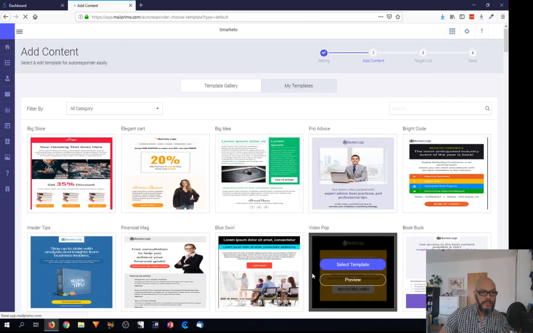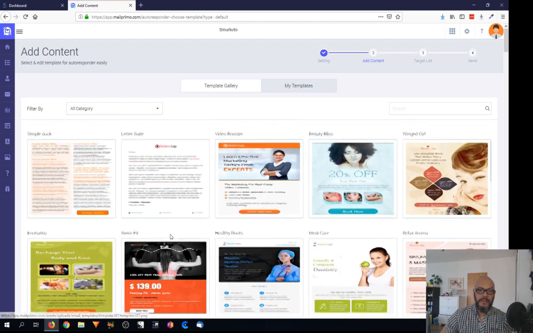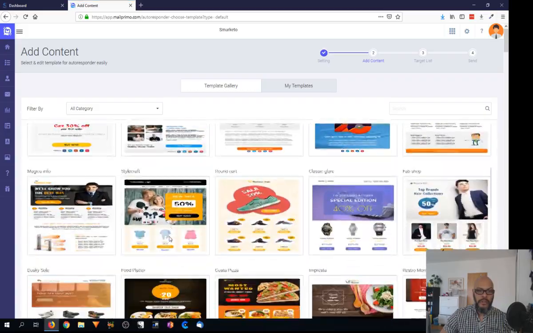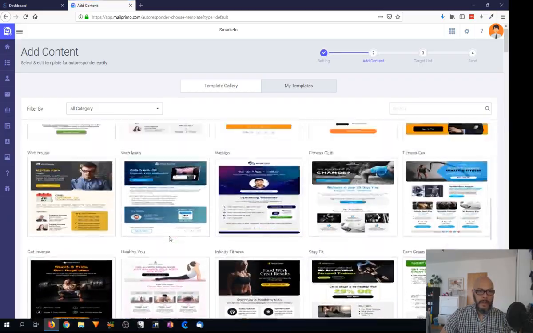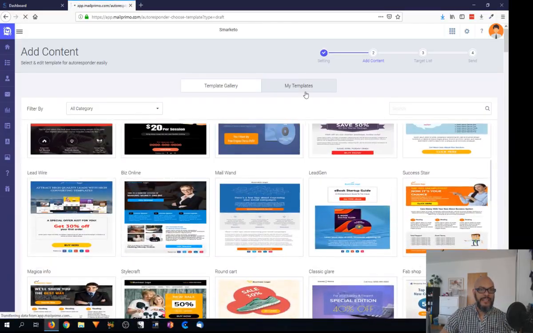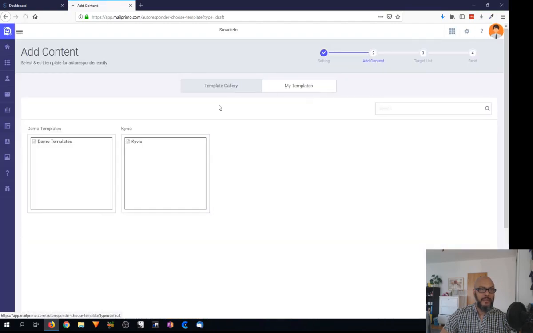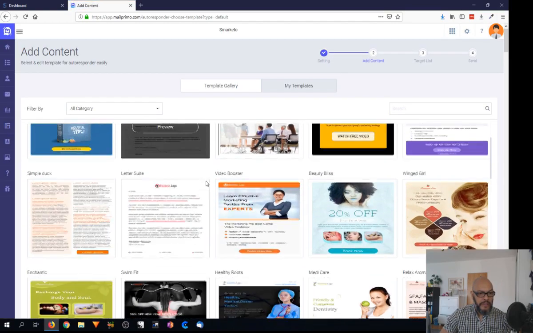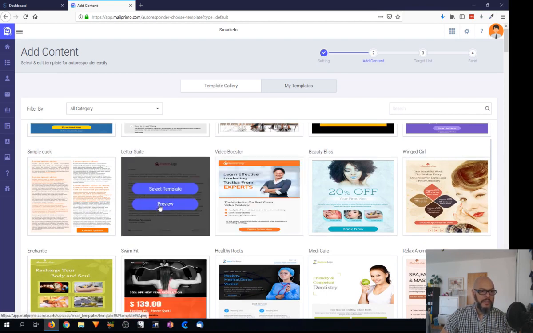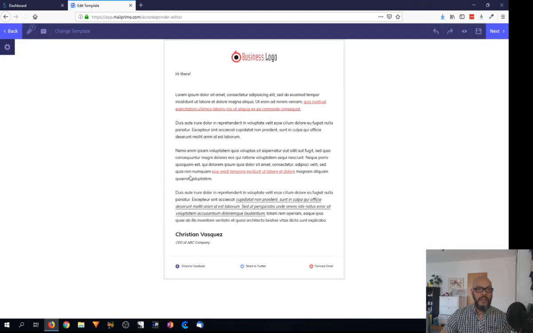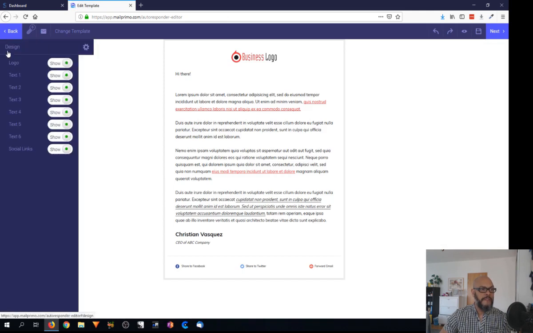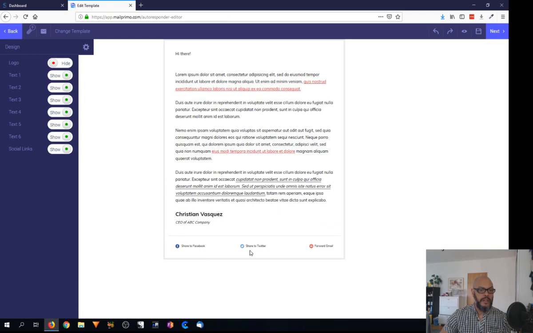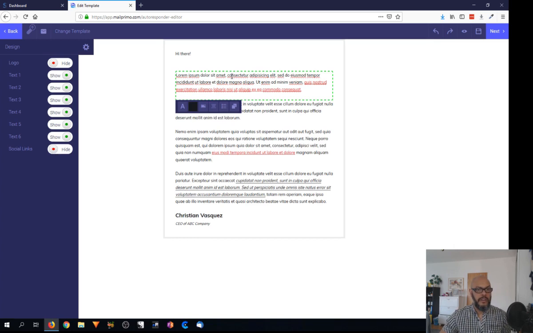So next, now here you have templates. Obviously it's not a blank text one, and I like to send texts or messages that are very blank, so probably something like this. So I'll select this one. It's just not that much stuff. And remember this option here, you can, if you don't want to send the logo, you remove it. You don't want to send these social links, you remove them, and then you start editing this stuff here. Once you edit it, you go next,